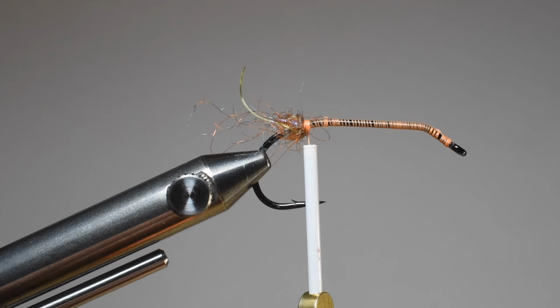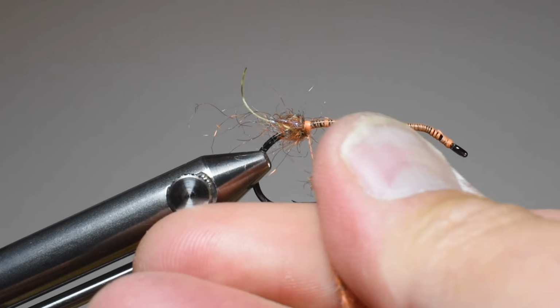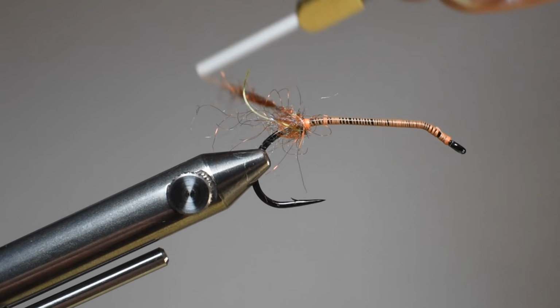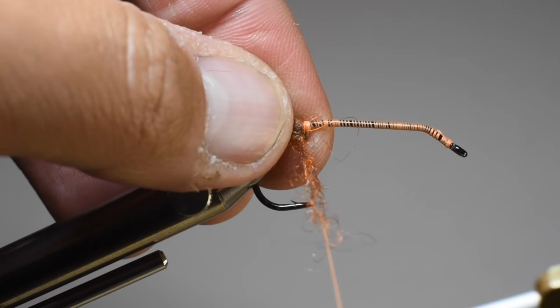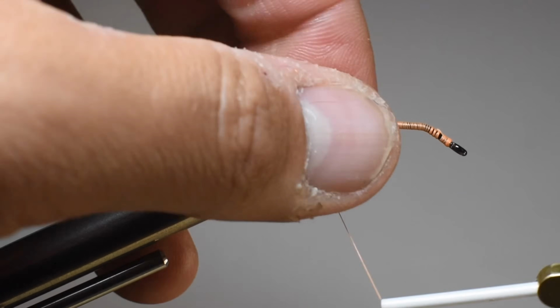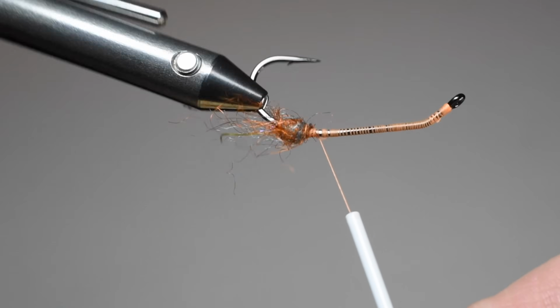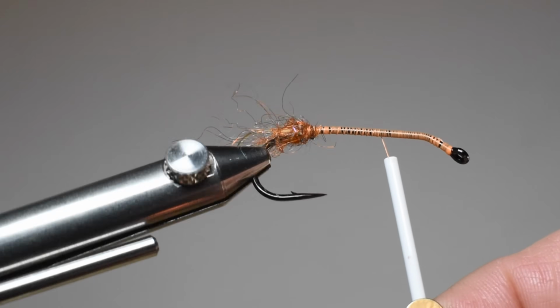I kind of want a little bit of a bigger one for these crayfish or crawdad imitations. That way it helps to kind of just start the foundation of spreading everything apart. So we'll just add a little bit more dubbing now, and then pull that back and really crank down some touching wraps right here. And we'll go ahead and advance our thread up to the middle of the shank,